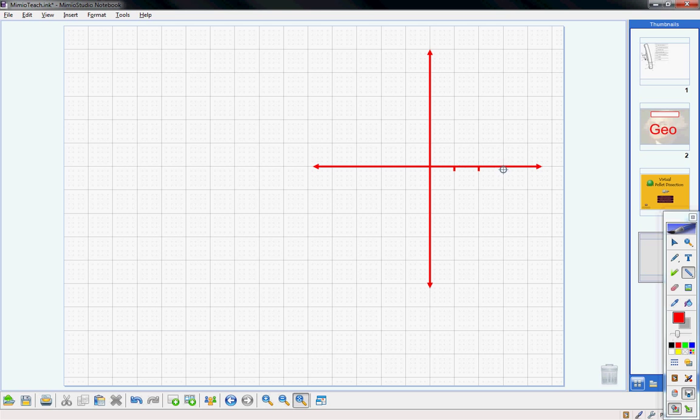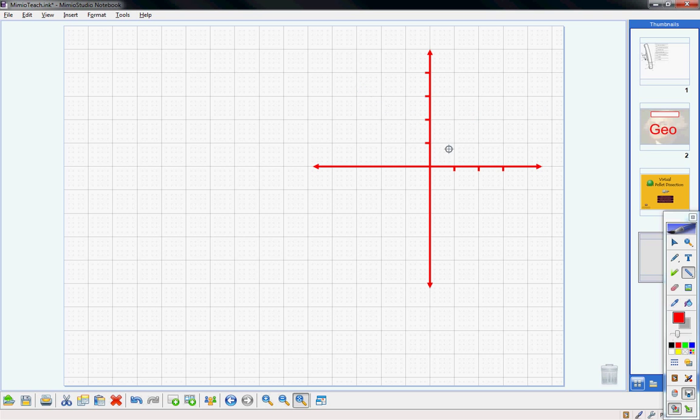Now I'm going to put one off. Oh, that's off, so I'm going to select it with my selector and either delete it, or I'm just going to move it up so it's not off of the line. Either way, we'll get what we want. Now what's nice is now that I have everything marked off and I know all of my spots are spaced perfectly, I can either leave the grid, which is helpful for graphing,